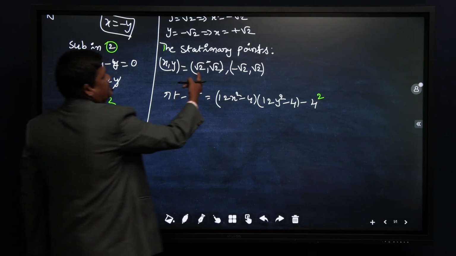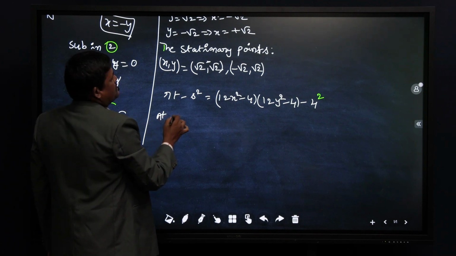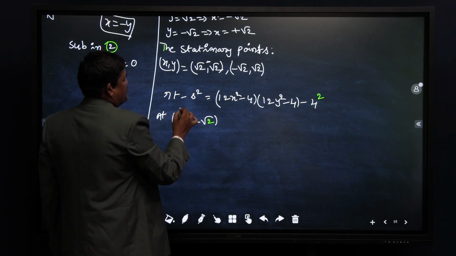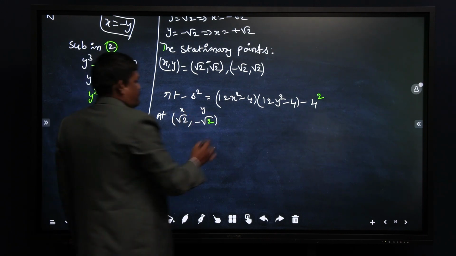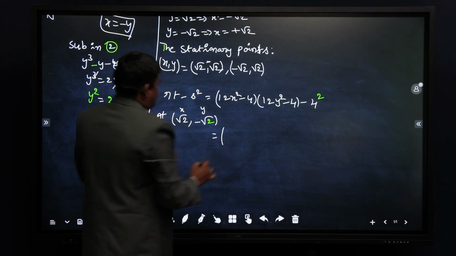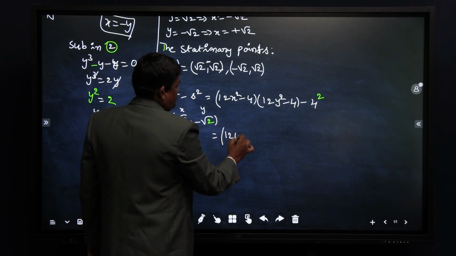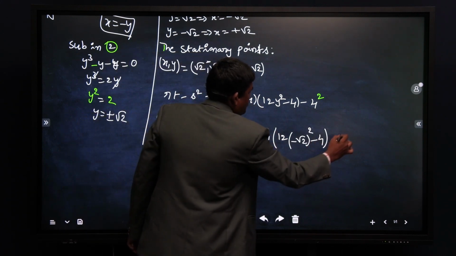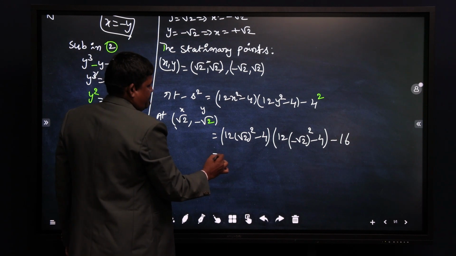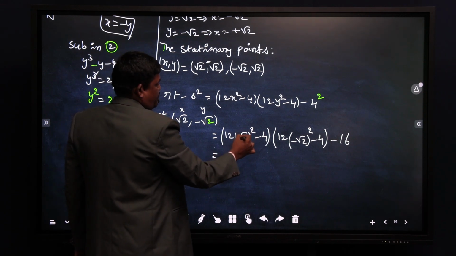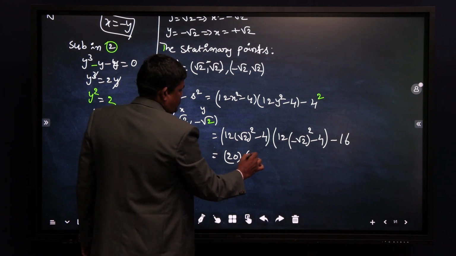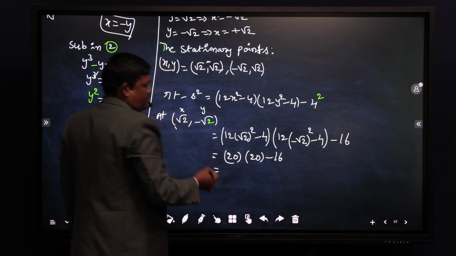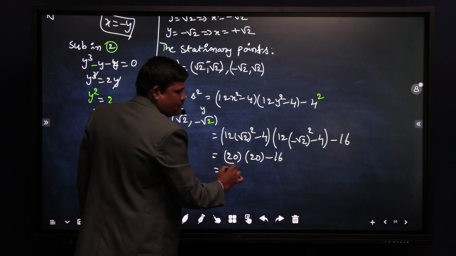So the first stationary point I am substituting is square root 2 comma minus square root 2, this is the x value, this is the y value. We get 12 into square root 2 whole square minus 4, 12 into minus square root 2 whole square minus 4, minus 16. We get 12 into 2, 24 minus 4, 20. Here also 20, minus 16. Then 400 minus 16,